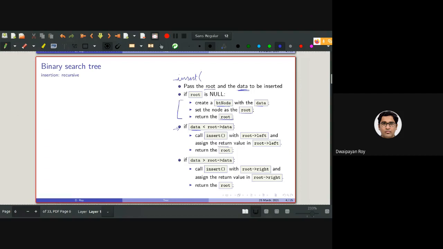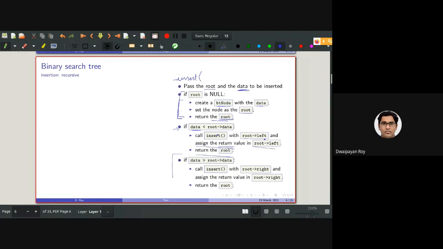This is basically the algorithm to do that. We are returning the value after creating. Basically, this insert with root left will be calling this function again. And if root left is null, note my word, whenever I am calling insert with root left and root left is null, then this condition is satisfied, isn't it? So in that case, we'll be creating the node and returning that node, and that returned node will be set as root left. So you can see return root left, and here, assign the return value in root left.